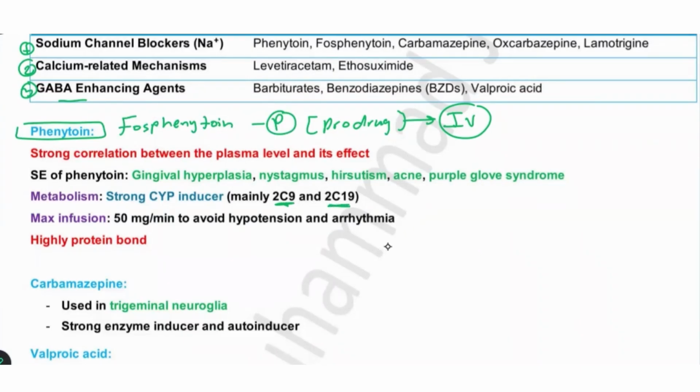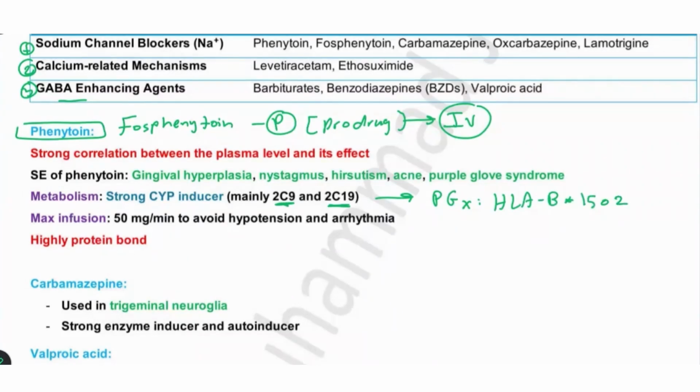And this accelerates the breakdown of many other drugs. And this is a major drug interaction point. And that's why phenytoin is one of the drugs that has a very long list of drug-drug interactions. Now, another thing that you have to bear in mind about phenytoin, just to link the concepts with the pharmacogenomics lecture, we said that if the patient carries the HLA